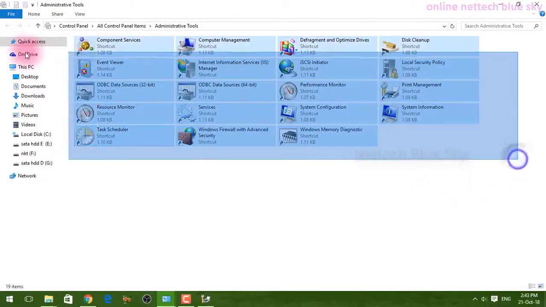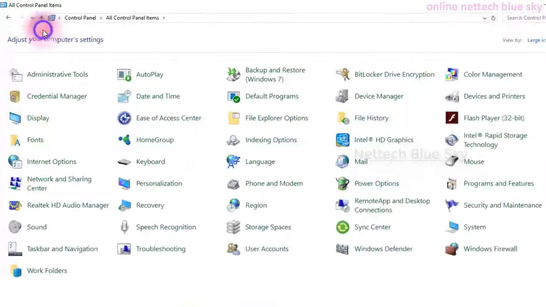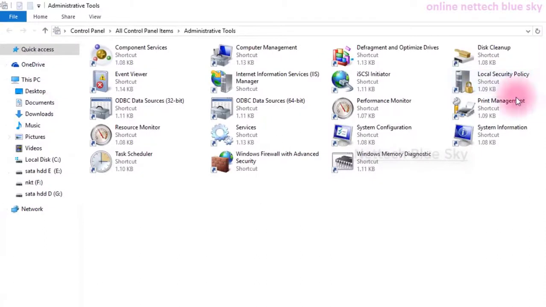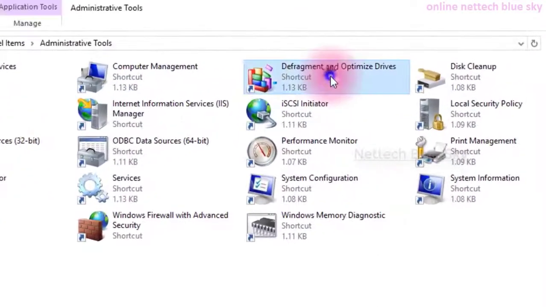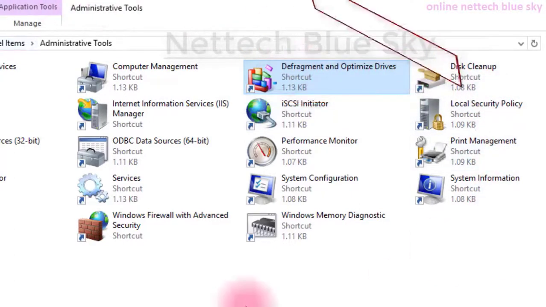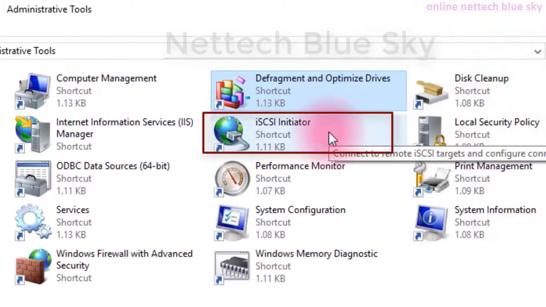So we are going to discuss only control panel in this playlist. So the topic is administrator tools, in different types of administrator tools. All my videos are part wise, so you must watch one by one. And in the last video I already created defragment and optimize drive with practicals. So what is the defragment and optimize drive, you can see here.